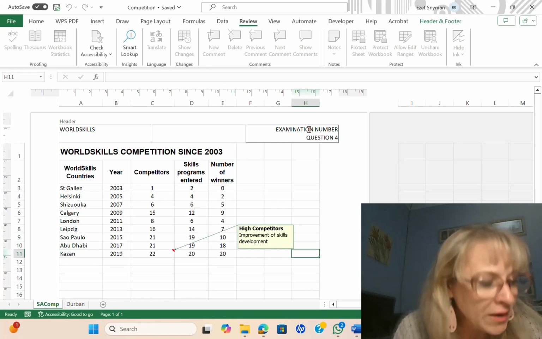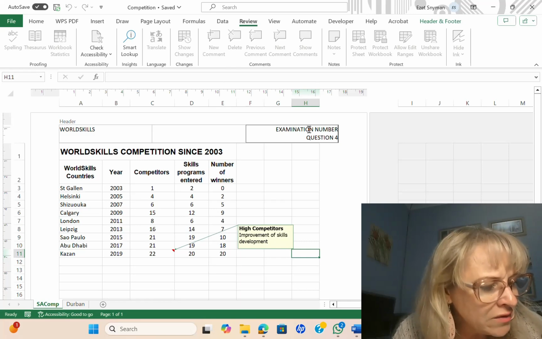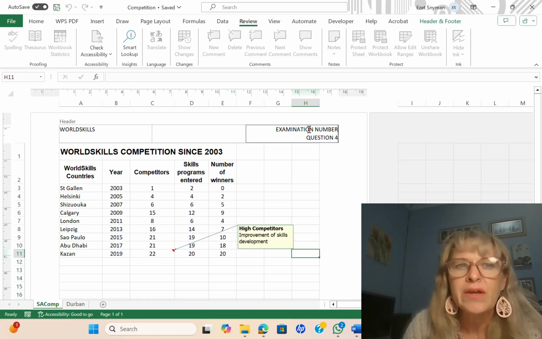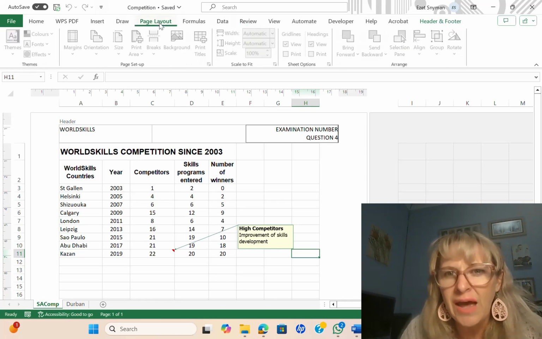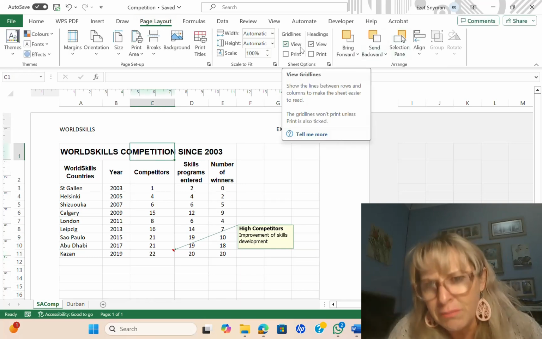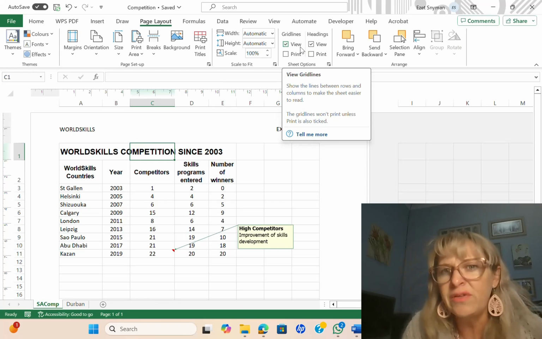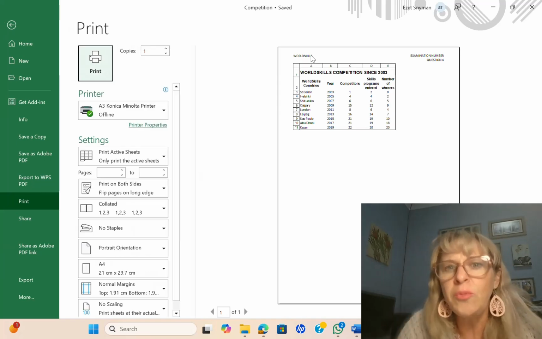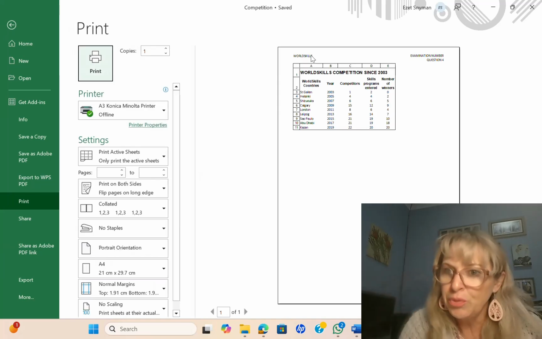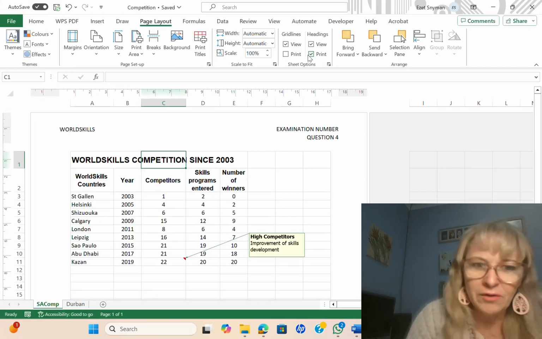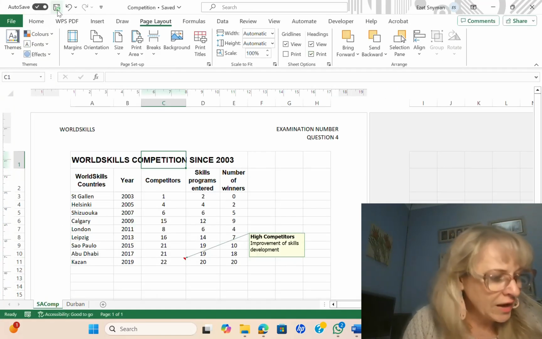Then they want you to print the SA Comp spreadsheet in portrait orientation showing the comment as displayed on the worksheet with row and column headings on one page. So again, on the Page Layout tab, let me just go out of the header to deactivate it. Again, you go to that middle block that says sheet options, then tick the box for print headings, and then you're going to press Control Print Screen, and you are going to print this page. All right, then we are done with 4.2. Okay, now you save it.